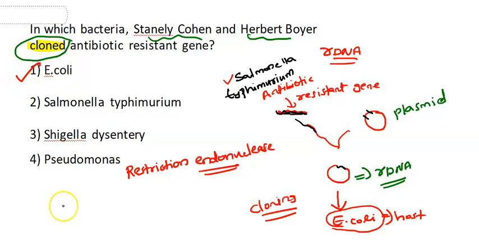This is a very important question. From this question, you also understood some other points, like restriction endonuclease enzyme for cutting at specific sites, then Salmonella typhimurium, plasmid, etc. I also want to remind you, rDNA was developed in the year 1972. This is also given in your NCERT book. All these are important points. Let me take the next question.